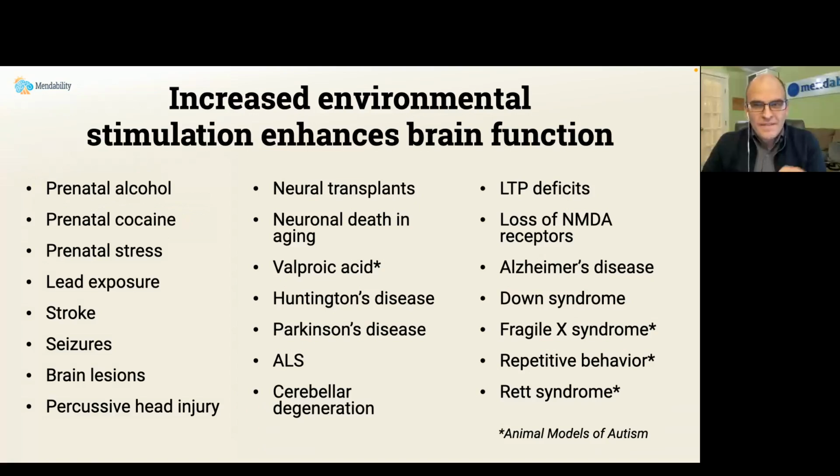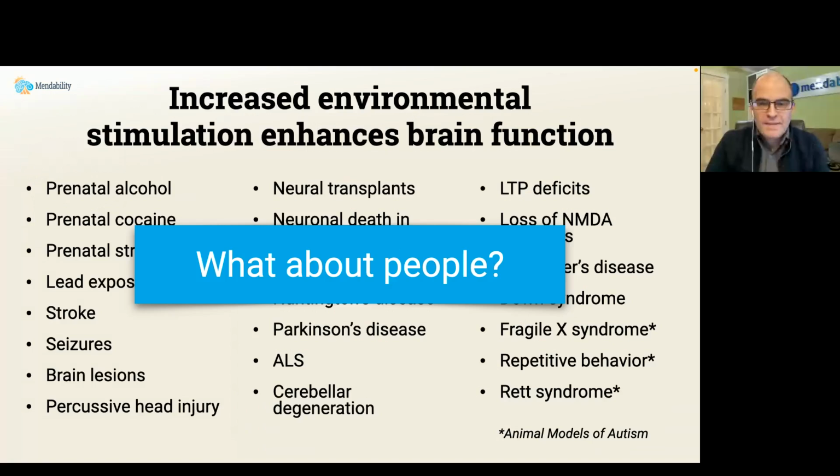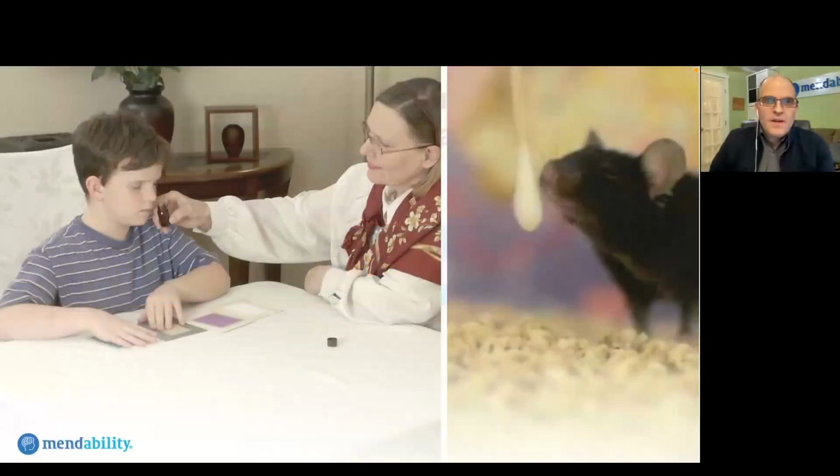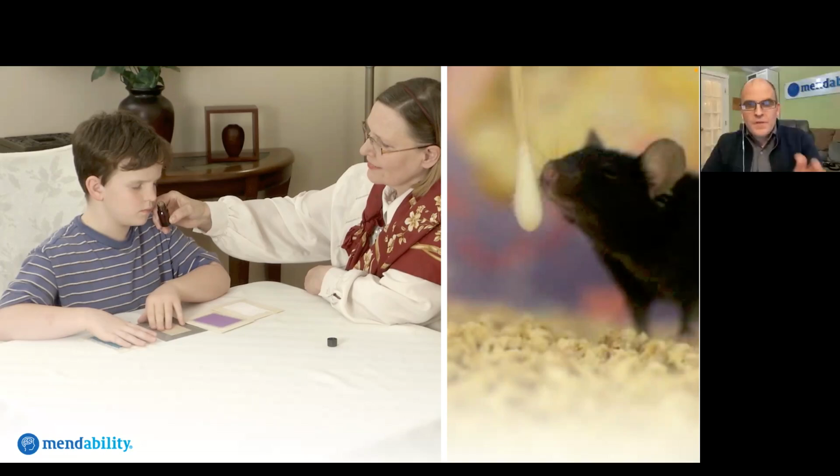So again, if this works this well in the animal model, why are we not doing environmental enrichment with people, right? And this is what we did. We translated the environment enrichment protocols to make them available for people. On this particular image, you see on the right, this is the rat, and the way they expose rats to new smells frequently in their cages is just come in and bring in a scented cotton, a Q-tip. And what we've done with our kiddos is, it's very simple. We just get them to smell.